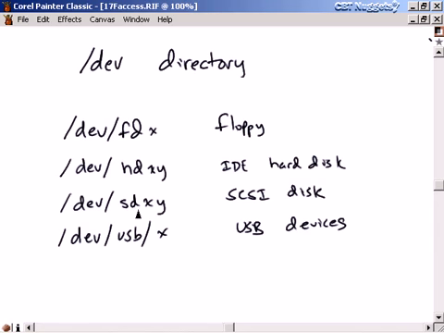And then the devices that start with SD are for SCSI disks. The X and the Y mean the same thing as on the IDE disks. And then there's a whole subdirectory of the /dev directory for USB devices. So /dev/USB/ whatever, all the devices in there are USB devices. Okay? And like I said, you just change the permissions on this file, and that's going to change the permissions